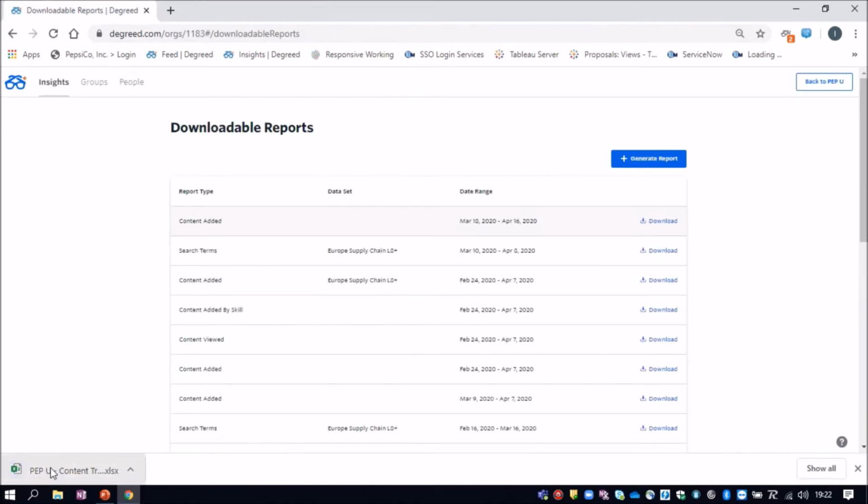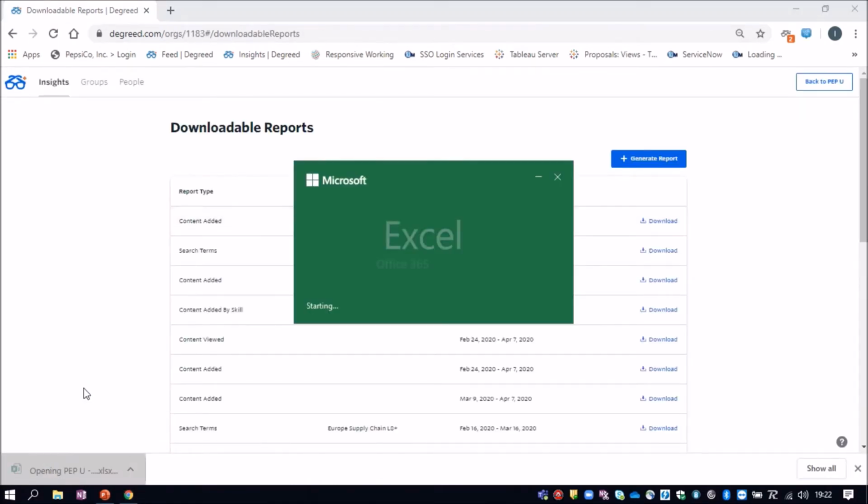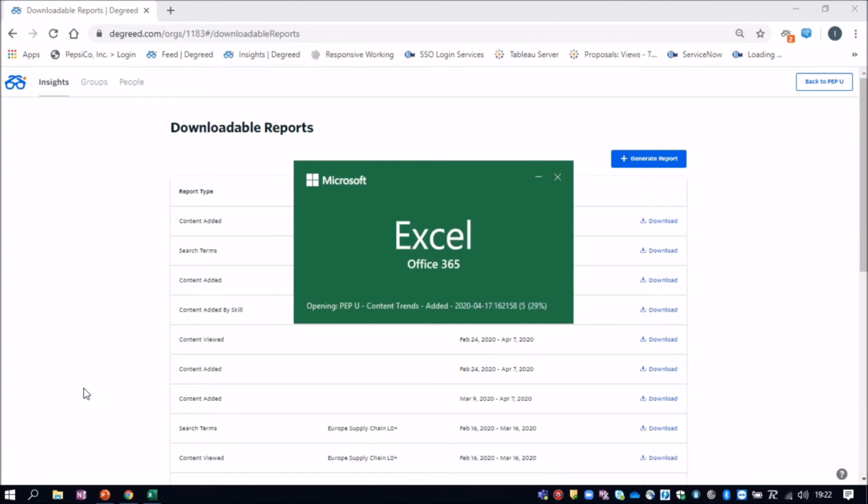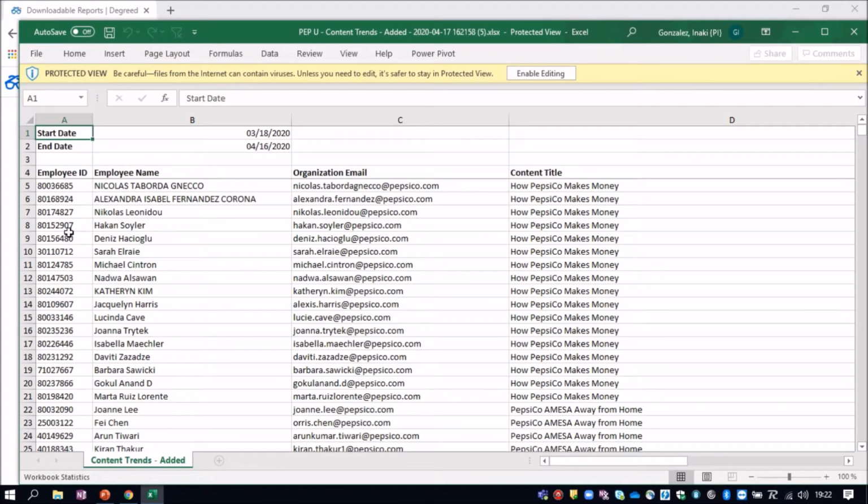The Excel sheet that's just being downloaded contains information about the items that have been completed at GPID level. And you can see that these records can repeat the GPID many times. That means that the same employee has completed several items.